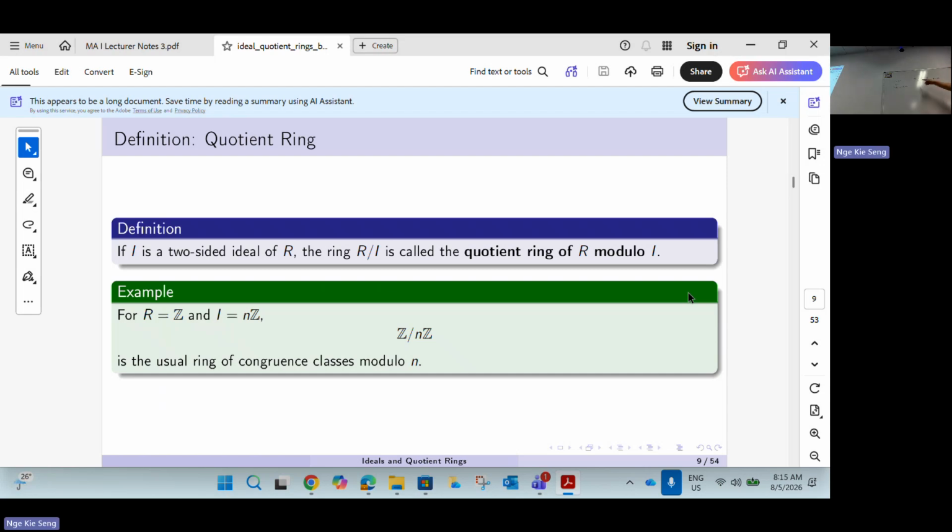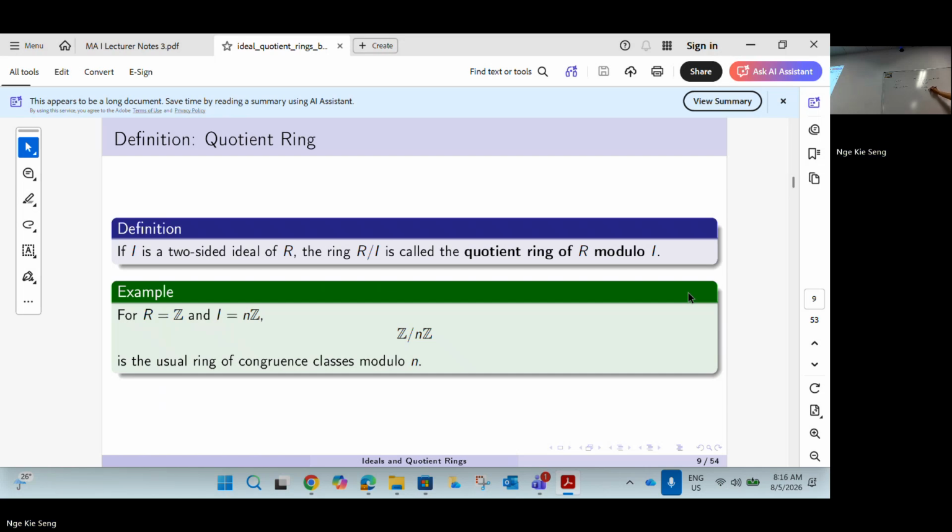Then every element here, z, is equal to n times m for some m. And then we want to prove it is an ideal: for all z in nZ, we want to prove